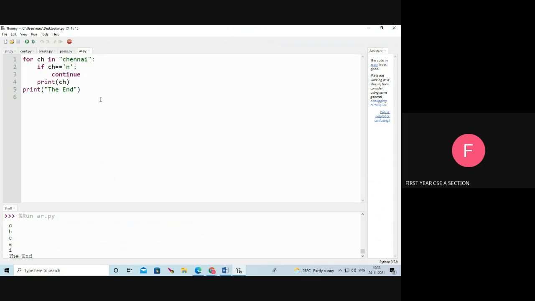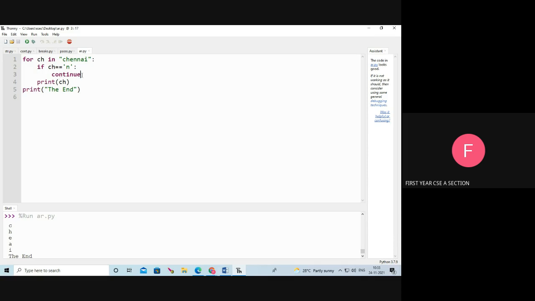This time n. What is the ch value? N. N equal to n, condition true. See, condition true means we are coming inside the continue statement, so we are again going to the for loop. We are not executing the remaining statements. We directly go to the for loop.